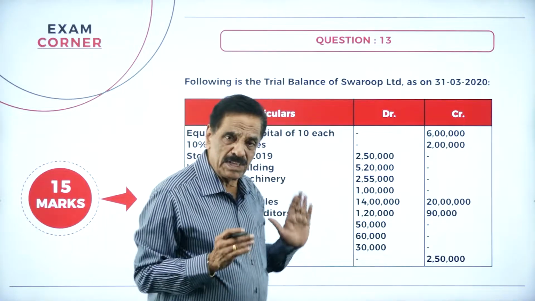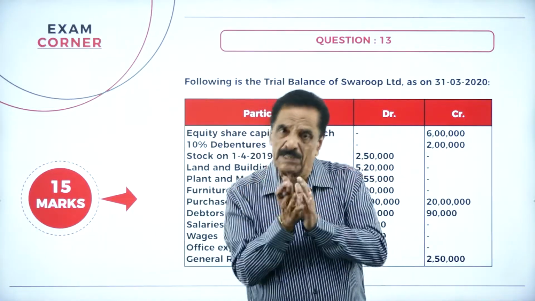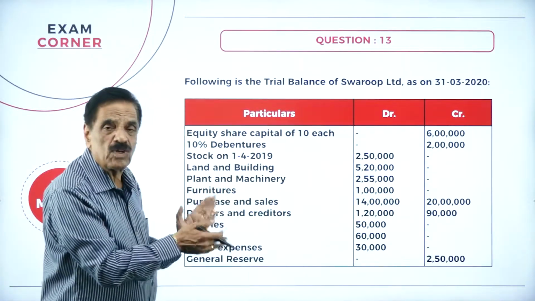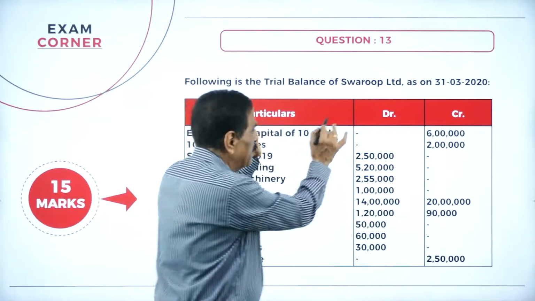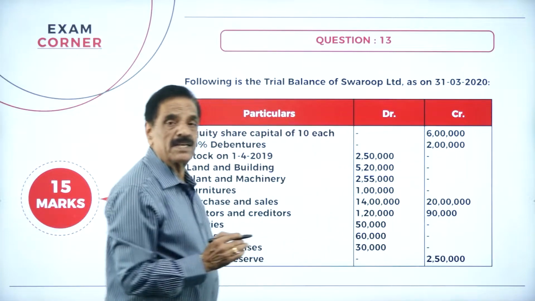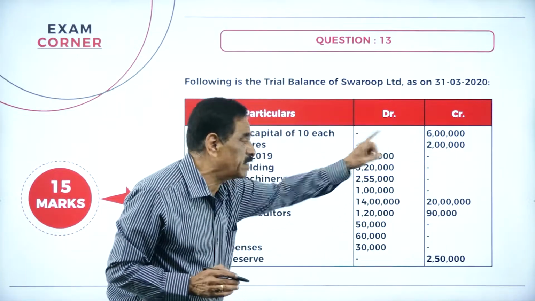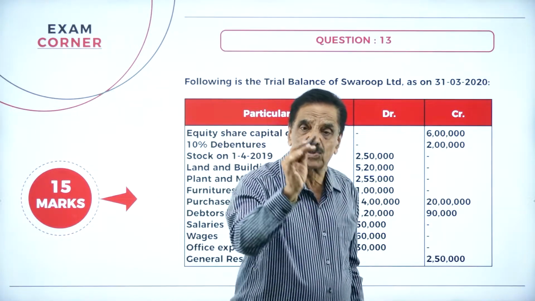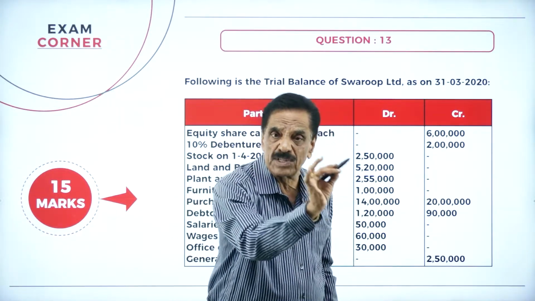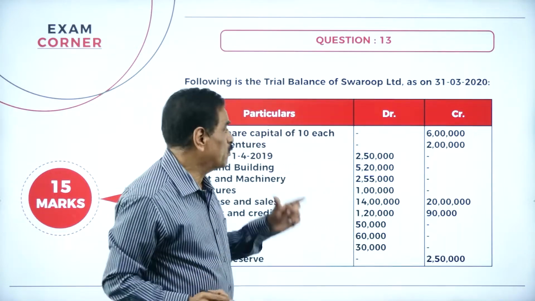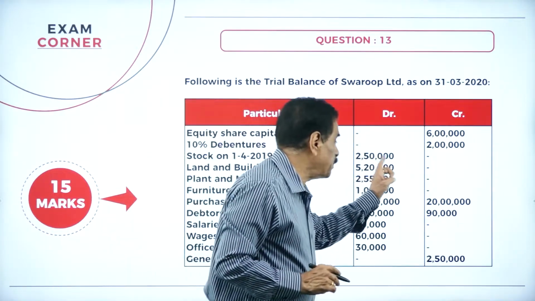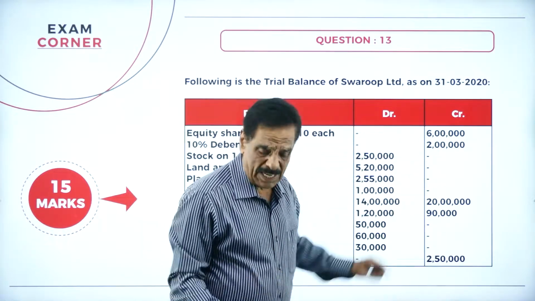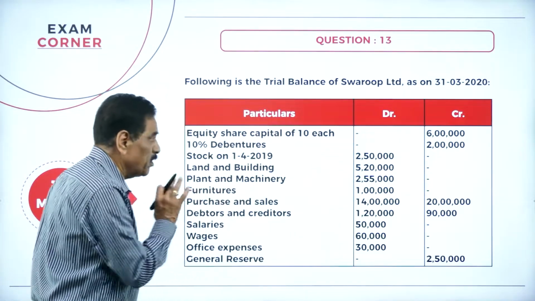This time we are doing it as per the vertical format. Previously we were not doing it like this; this year we have to do it in vertical format. Trial balance has two sides: one is called the debit side, one is called the credit side. Debit side shows the expenses, credit side shows the income. Debit side shows the assets, credit shows the liabilities. So the base is: debit is expenses, credit is income; debit is assets, credit is liabilities. So this is the problem you got.